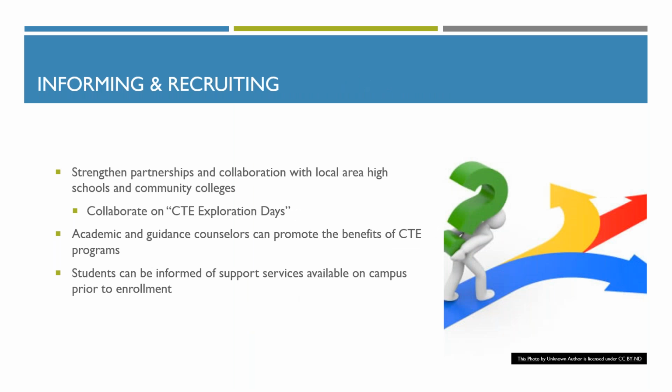So let's look at some ways that we can inform when we're talking about the secondary system, right? And recruit when it comes to post-secondary. So when we're looking at informing our students about the possibilities that are within CTE, we really want to look at strengthening partnerships and collaboration with either your local area high school or your community college, depending on whichever institution you personally are coming from. And we want to make sure that we're giving our students the earliest possible interaction with those CTE programs as we can. You know, I always say that you can't be interested in a career that you don't know exists,